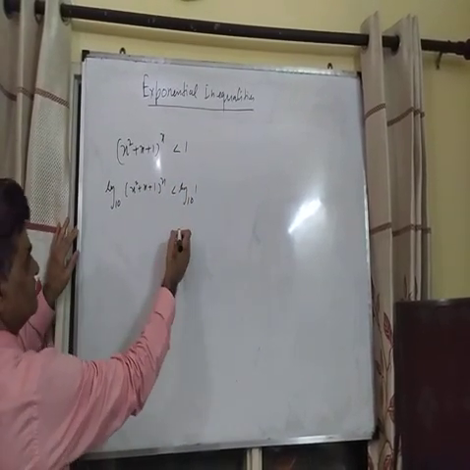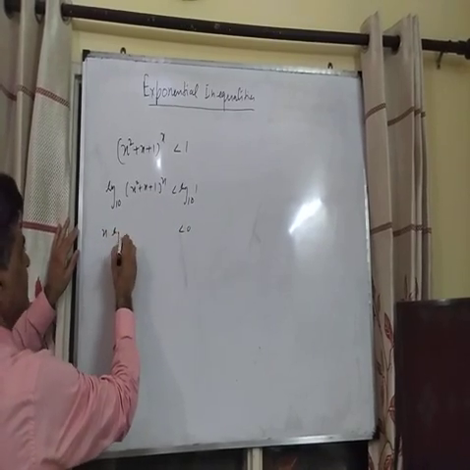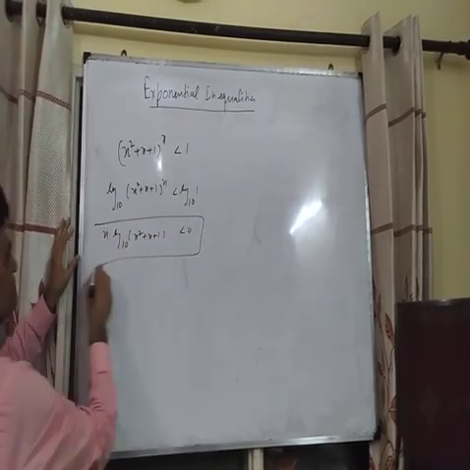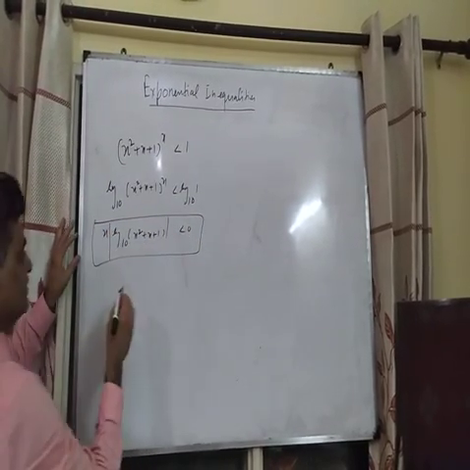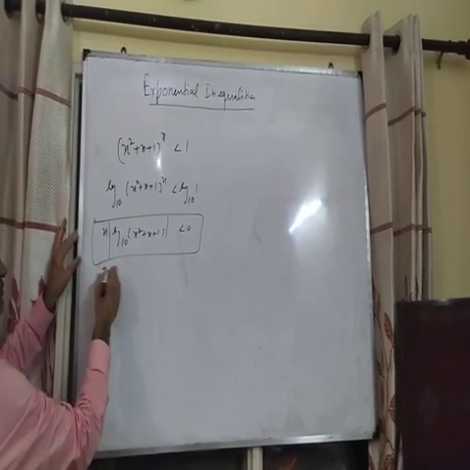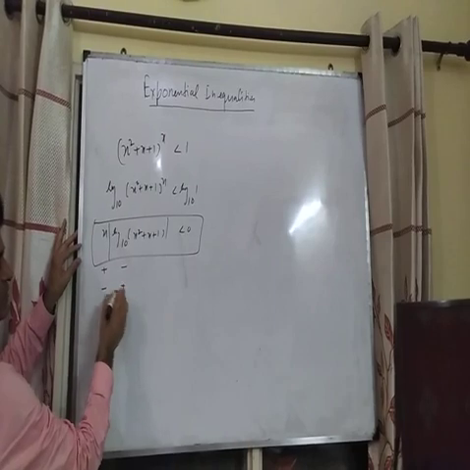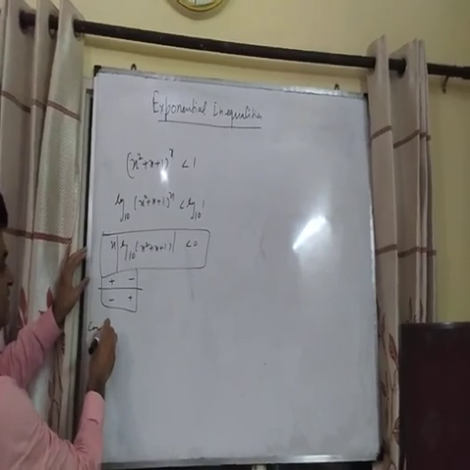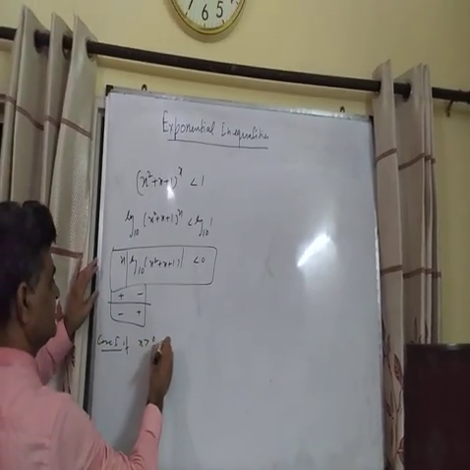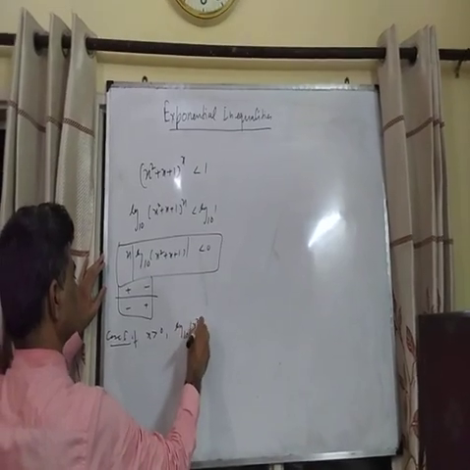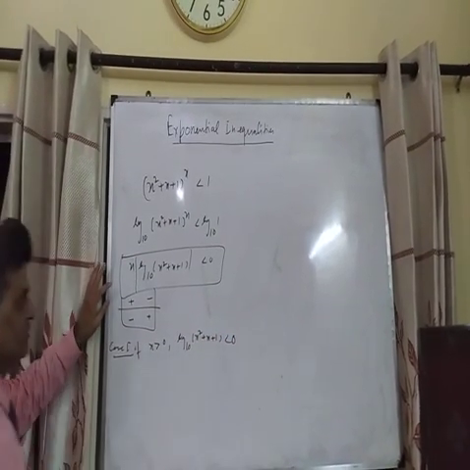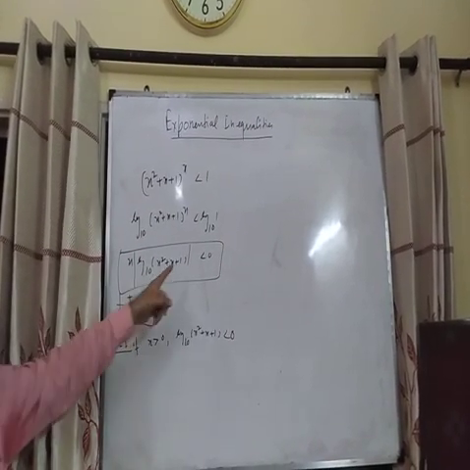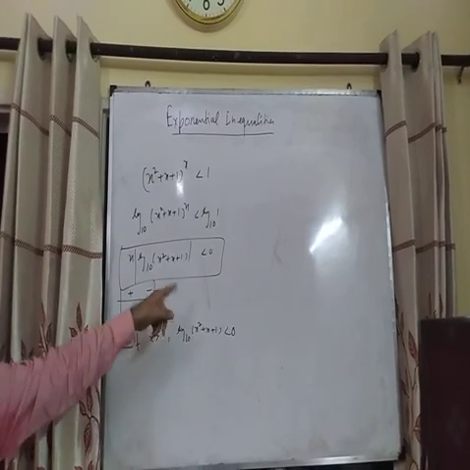And you know log 1 is 0, so here it is x into log base 10 of x square plus x plus 1. So this is the product of two, first and second. This is less than 0, it means either the first should be positive and the second negative, or the first negative and the second positive. In two cases only this is possible. So we are taking case 1: if x is greater than 0 and log base 10 of x square plus x plus 1 is less than 0. You can see these are the two factors. If the first is positive, the second is negative, then the product will be less than 0. Or the first is negative, the second is positive, then the product will be less than 0.